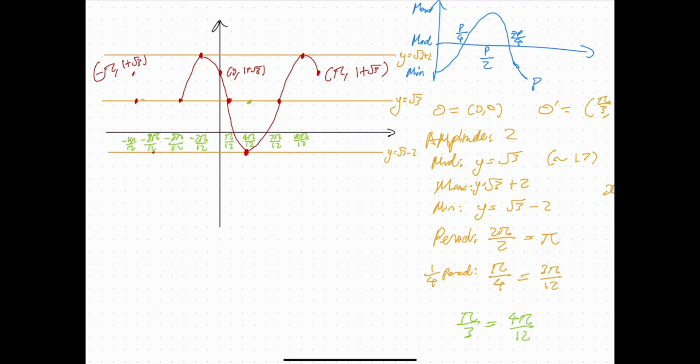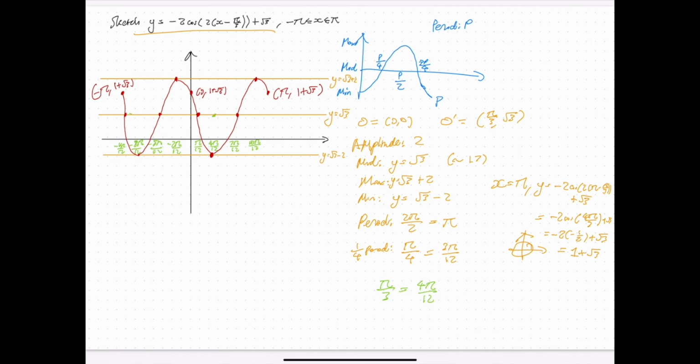Okay. And then this part here is going to go down to there. This part goes to here. That part goes to there. And then that's pretty much our graph. The only things, again, are the x-intercepts. I am going to skip it again just for the sake of time, but basically what you would do is solve for when y equals 0, because we want to know when it's at that height there. So you would be solving the equation